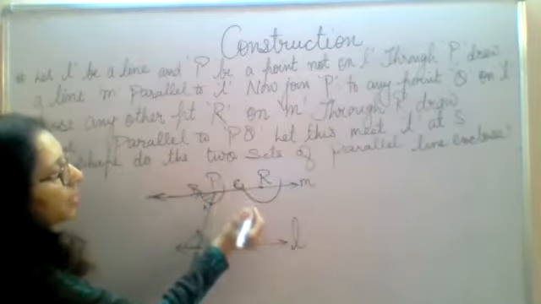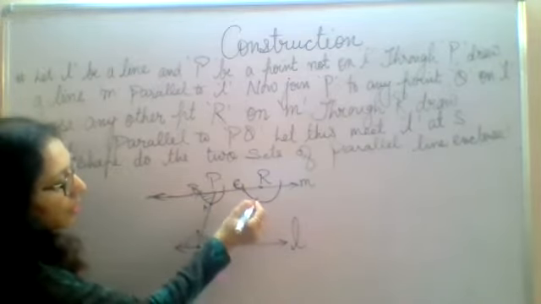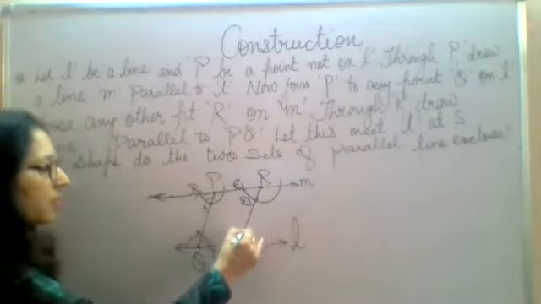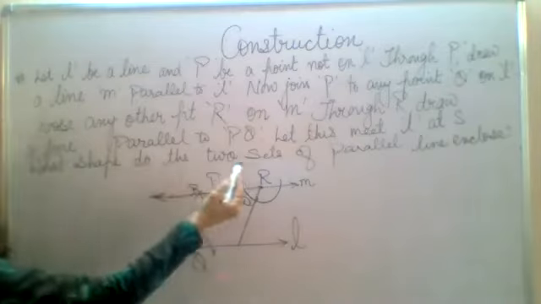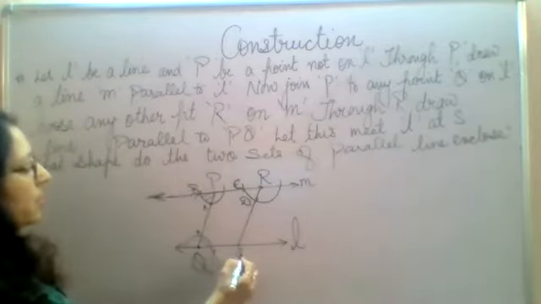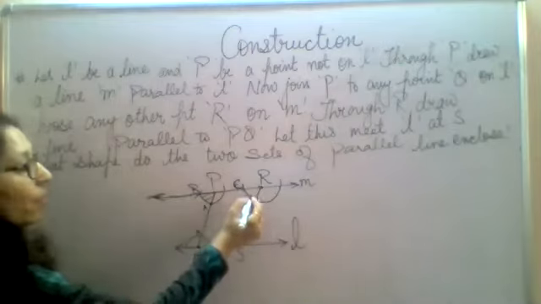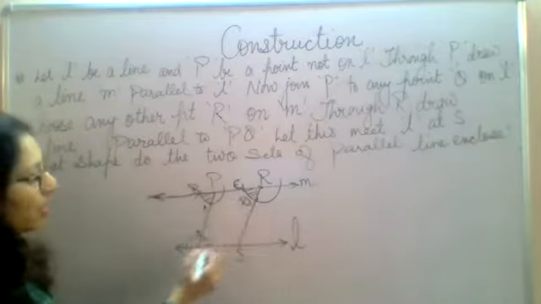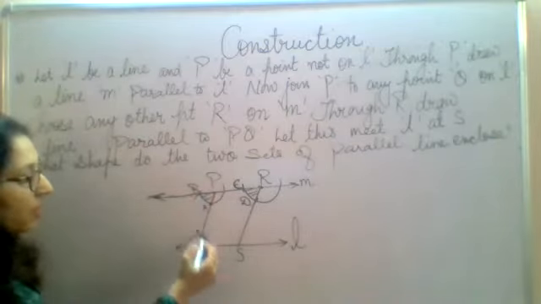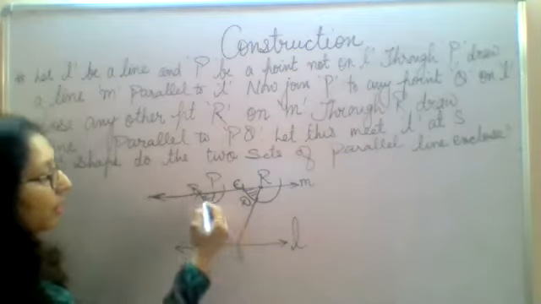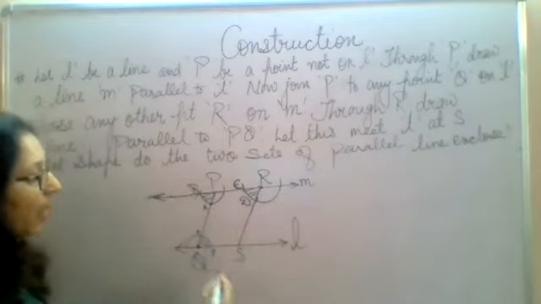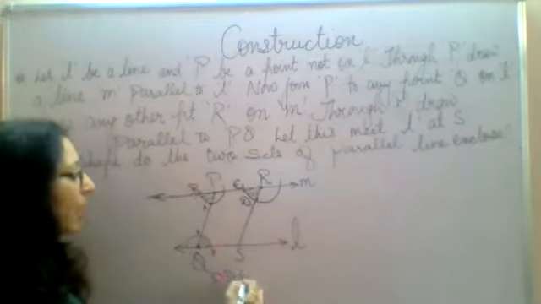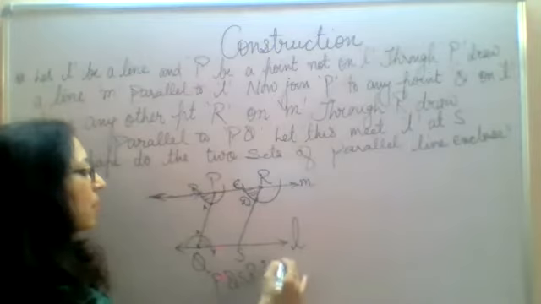I've taken this point C. From here, just cut this arc at D. Now expand this and take this point S. So here, what you have done, you have made corresponding angles equal. So AB equal to CD equal to XY. Here alternate angles are equal, that's why lines are parallel. Here corresponding angles are equal, that's why lines are parallel. And what figure are you getting? PQSR is a parallelogram.